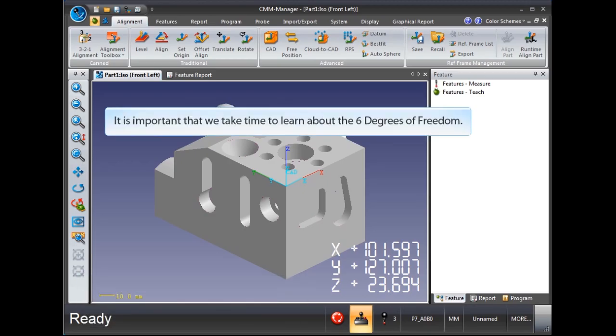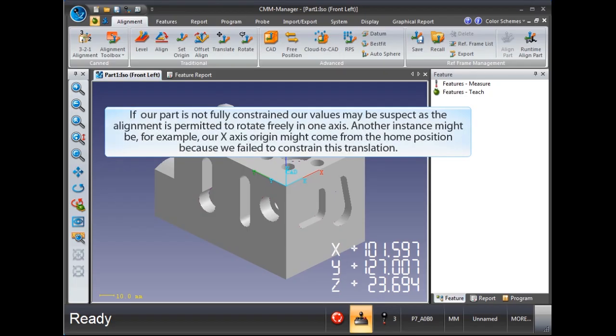It is important that we take time to learn about the 6 degrees of freedom. Our part must be fully constrained for our alignment to be correct. If our part is not fully constrained, our values may be suspect, as the alignment is permitted to rotate freely